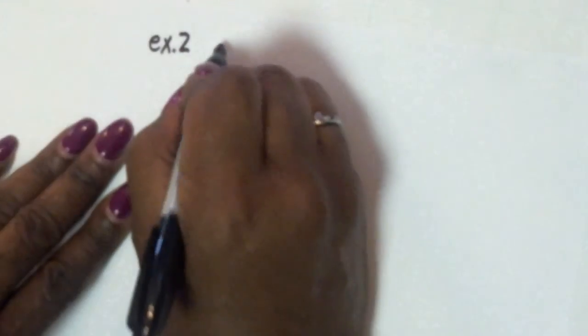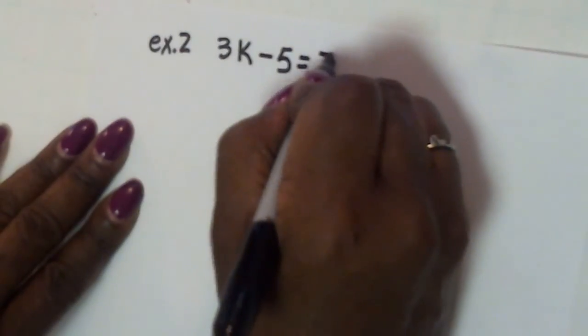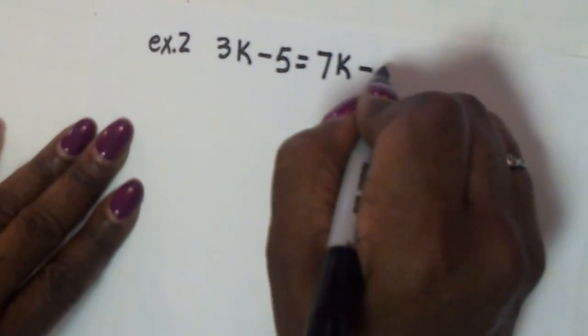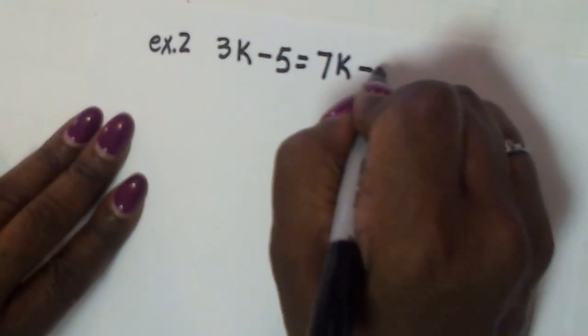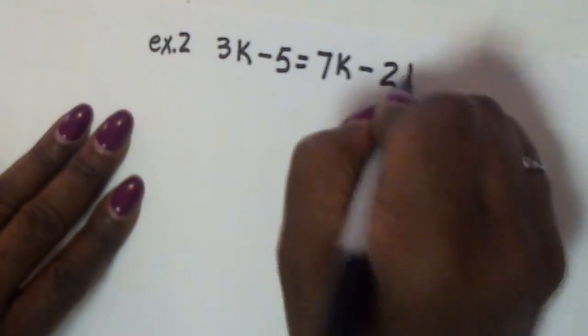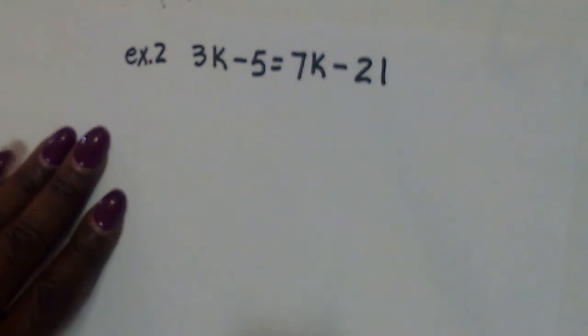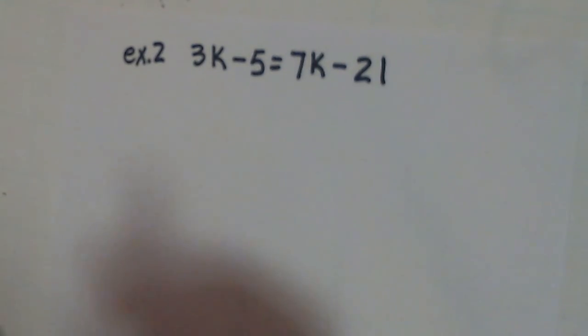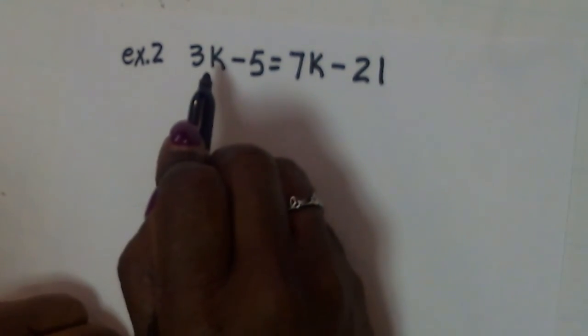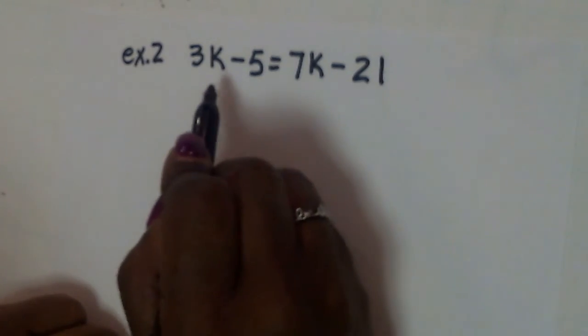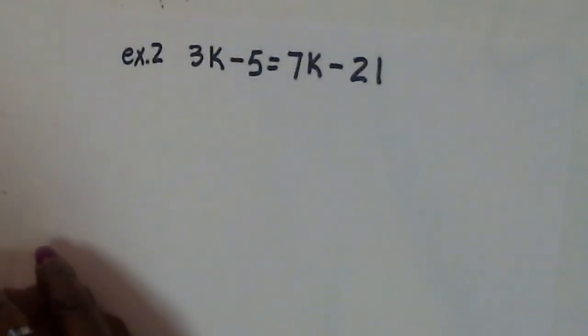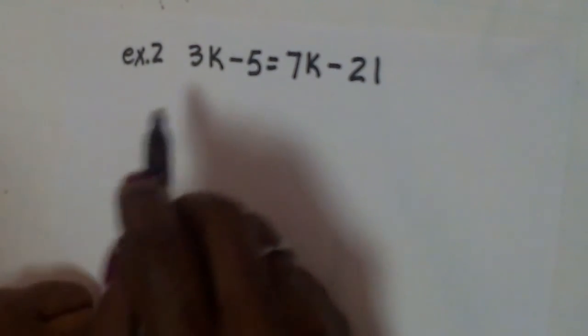Example 2. Example 2 is 3k minus 5 equals 7k minus 21. Okay, now this looks a little harder because the problem looks longer for one thing, but I noticed that I have variables on both sides of the equal sign. So we can only find the value of k if we have all the variables on one side. So I'm going to move